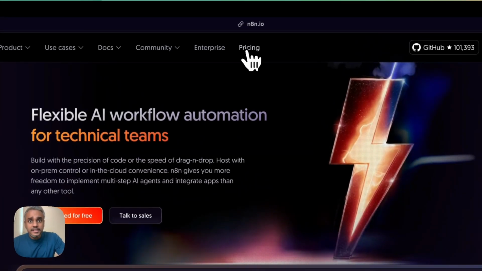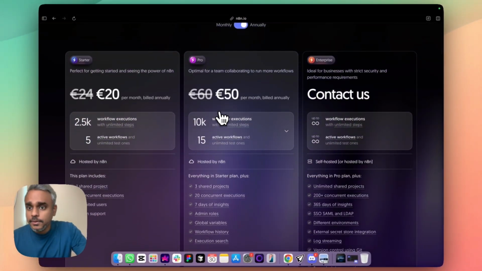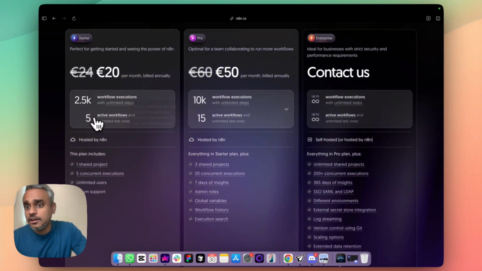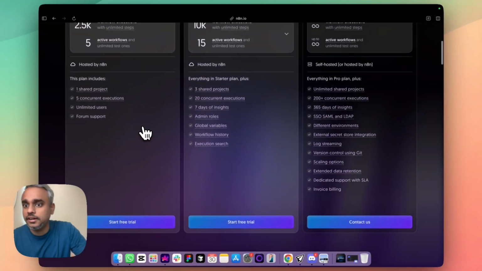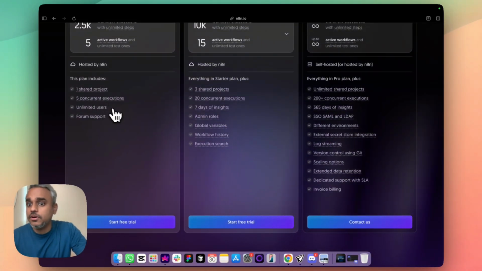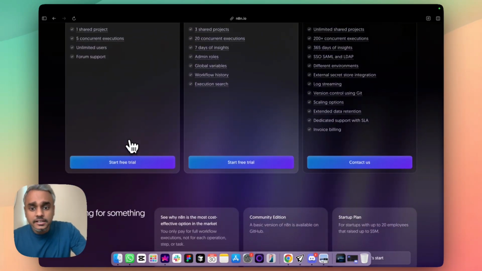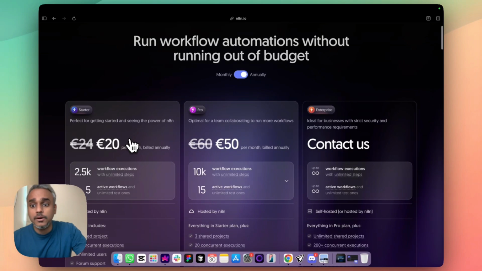If we look at the pricing of n8n from what they offer, the starter plan is 20 euros per month billed annually. You have 2,500 workflow executions, 5 active workflows, and it's hosted on n8n. You have 1 shared project, 5 concurrent executions, unlimited users, and you can actually start the free trial. But I think the free trial lasts only for 7 days, and after that you are bound to go to